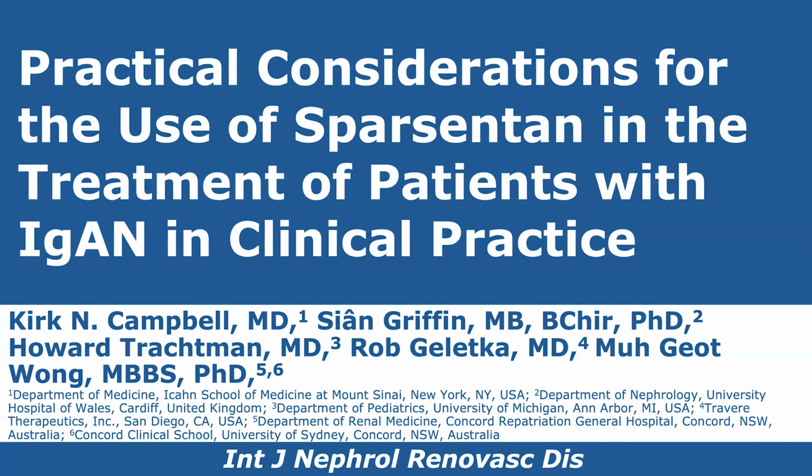In the overall clinical experience with sparsentan, including more than 1,200 patients treated in clinical trials, the drug has been well tolerated with a consistent and manageable safety profile. Sparsentan treatment of adults with IgA nephropathy in the PROTECT clinical trial showed significant reduction in proteinuria that was maintained over the 2-year trial period. In this paper, we've outlined a program for patient identification, treatment initiation, efficacy and safety monitoring, and considerations for special populations.